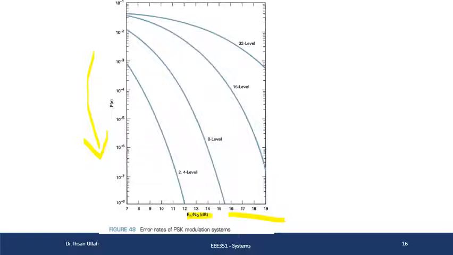So for example इस पॉइंट का क्या मतलब है, इस पॉइंट का मतलब है कि आपके पास Eb/N0 7 dB है। For QPSK and BPSK you will have 10 to power minus 3 and the error rate आपके पास 10 to power minus 3 होगा, ठीक है। 1 in every 1000 bits is going to be an error which is a very big kind of error rate। However, अगर आपके पास Eb/N0 QPSK और BPSK के लिए अगर 12 dB हो जाता है तो then you will have 10 to power minus 8, ठीक है। 1 in every